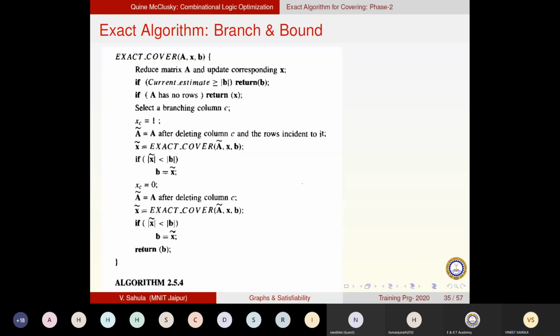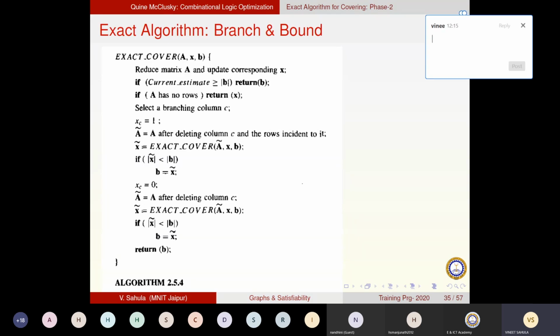This is the algorithm in a better way. I will stop here after I explain this algorithm. We will run it after lunch only. Don't bother. We'll stop here, although we started half an hour late, but anyway. So what I'm indicating here is the algorithm is very small actually. It has only one step here and one step here, which is recursion.